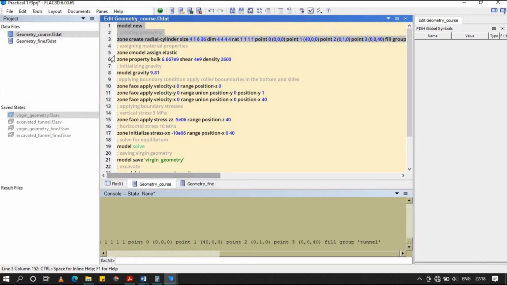Now we will assign the material properties. Since it is elastic, we'll use this command line zone cmodel assign elastic. For elastic we need properties, which is elastic modulus and Poisson's ratio. In FLAC 3D we cannot directly enter Young's modulus and Poisson's ratio. We do it using bulk modulus and shear modulus. If we input both these moduli, FLAC 3D will automatically calculate the Poisson's ratio and Young's modulus and assign it to that domain. So here bulk modulus is 6.667 GPa and shear modulus is 4 GPa, density is 2600,